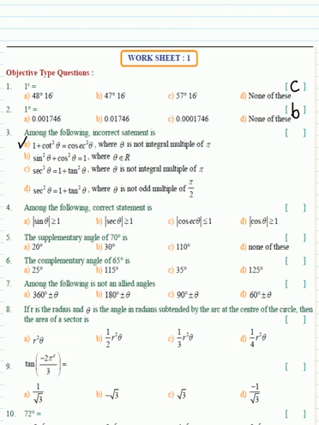So sin square theta plus cos square theta is equal to 1. Here theta is any angle you can take. So these two functions both are defined. But secant square theta is equal to 1 plus tan square theta. So if theta is equal to pi by 2 or an integral multiple of pi by 2, like pi by 2, 3 pi by 2, now this one is not defined, but if theta is equal to pi, it is defined.